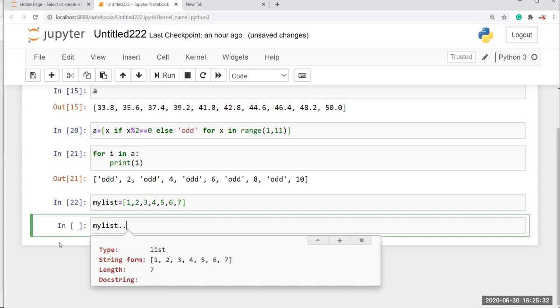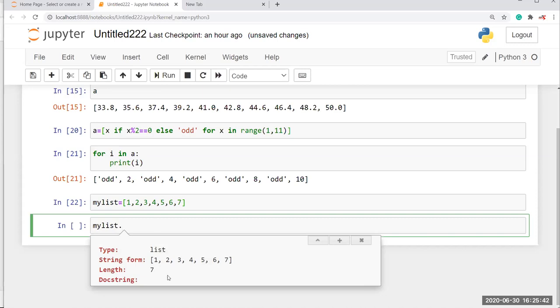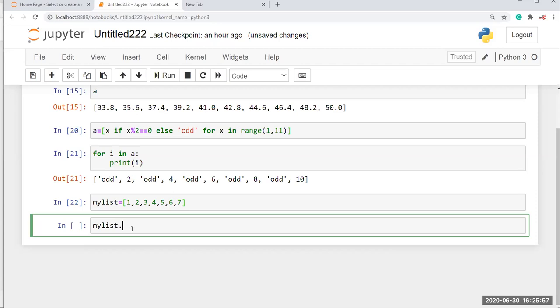You can see here, right? Once again I'm going to hide my floating window. Here you give shift enter, and you can see some information regarding this list. The type is list, the string information shows the list has 1, 2, 3, 4, 5, 6, 7, and the length is 7.